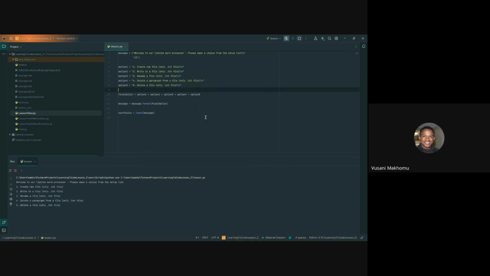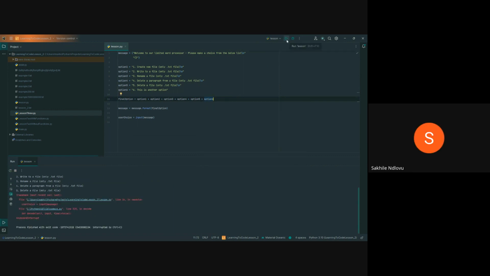Then if we want to add in another option, we just come in here and say option 6. Option 6 equals another option, and then we just come in here and say plus option 6. Basically, the shortest way to do this is making a variable and then setting those values. So when you print,